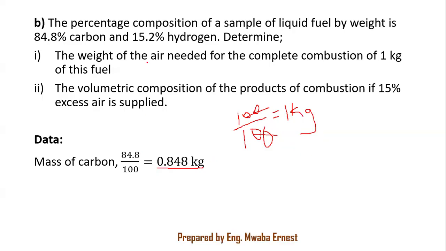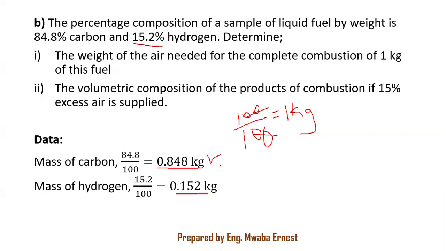I do the same for hydrogen, which is 15.2%. So 15.2 divided by 100, I have 0.152 kg. If I add this number and this number, what I should end up with is 1 kg, because basically I'm just splitting up the 1 kg. So going back to our analysis of the oxygen needed, because that's where I'm going to start from,